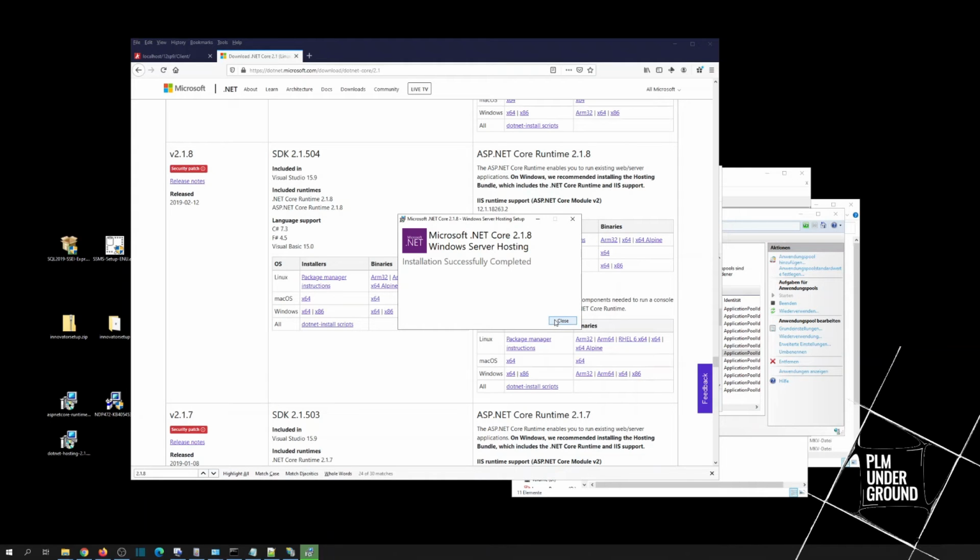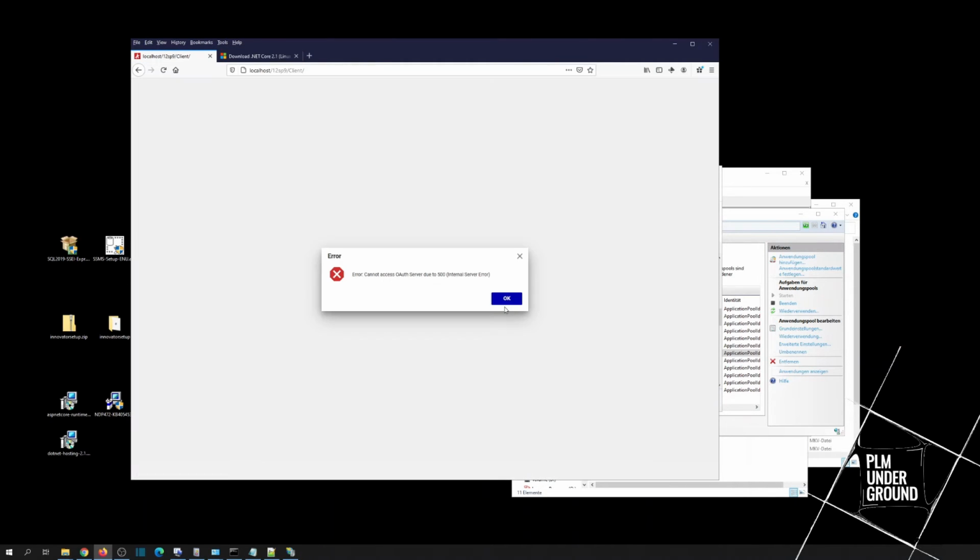Okay, installation completed. Then let's see if we have a better result now. And now we have an error 502 bad gateway. Okay, at least a different error message.